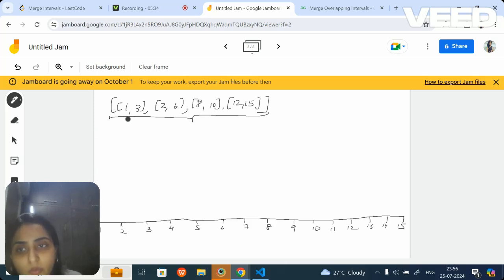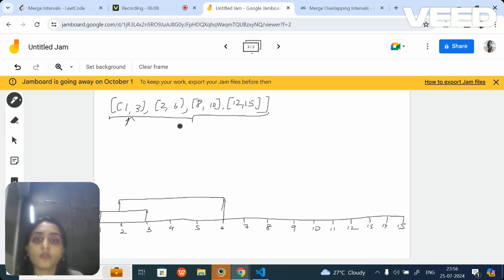Let's start with the first one, that is 1 comma 3. 1 comma 3 lies between this and this. Then let's take the second one, 2 comma 6. 2 comma 6 lies between this and the sixth. First let's plot all the intervals, and then we will see which are the overlapping ones, what to be merged and what not to be merged.